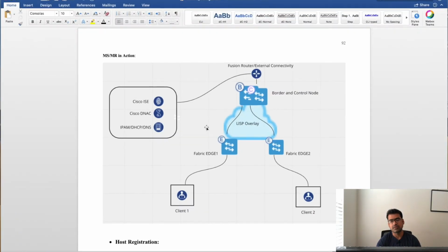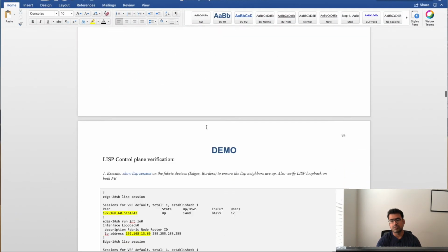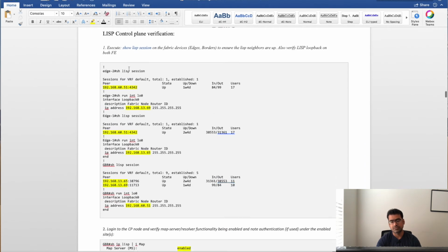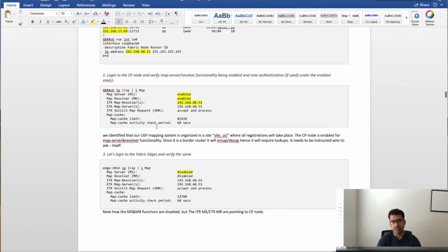Now let's go back and look at the output from the document. Okay, so the first bullet I showed you, show LISP session on all involved devices like border and edge. On edge 1 and edge 2 we have a LISP session with the border, and on the border we have LISP sessions with both the edges. Then you want to log into this control plane or border node